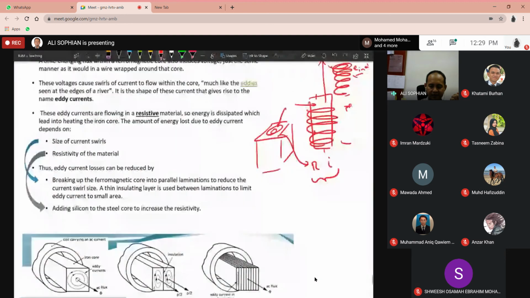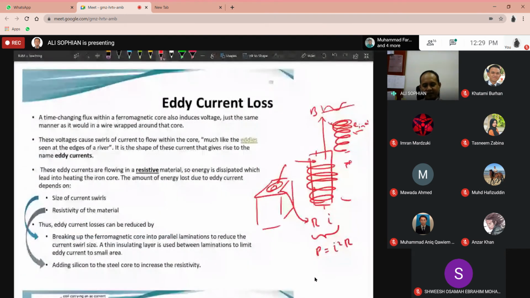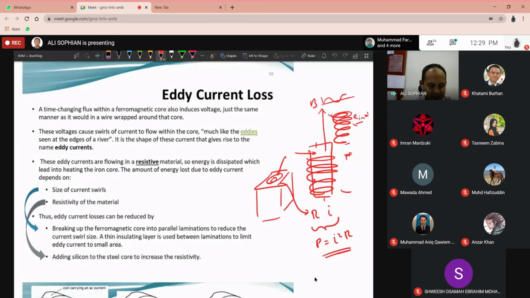This is a recipe for conductive losses. Remember, P is equal to I squared R, the current squared times the resistance in the core, and this basically turns into heat. So you can feel that the core will get warmer and warmer. Okay, right. So these eddy currents are flowing in resistive materials, so energy is dissipated, which leads to heating the